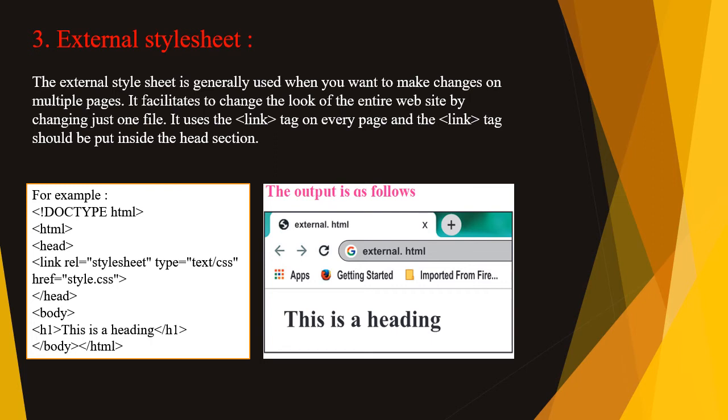The link tag is placed in the heading section, and further attributes are used with the link tag. Those attributes are rel, for the relationship of that text file with the style sheet, which is stylesheet. Then type, the type of that style may be extension text or .css. That's why text slash css. And href will contain the address of that text file.